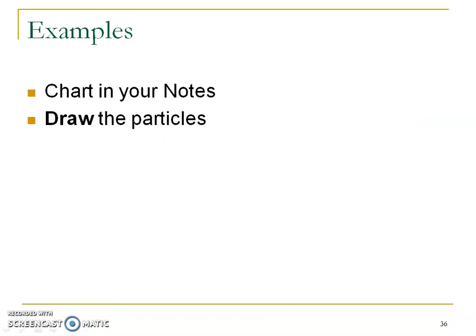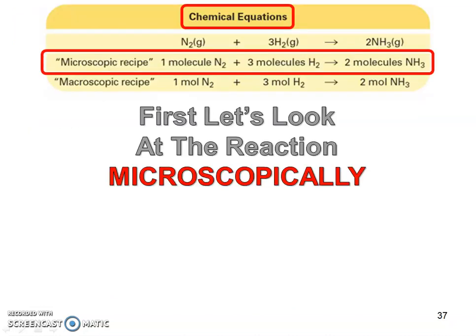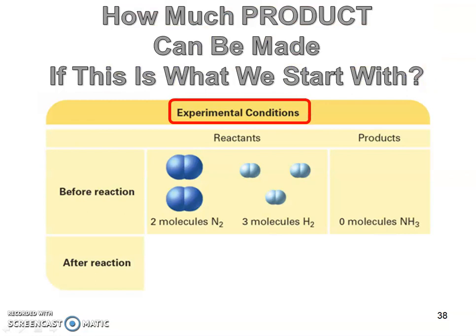So examples in your notes, there's a little chart again. You're going to draw those particles. My strong suggestion is to listen to everything I'm going to say, and at the end, you're going to see my last slide to pause and then draw things in. But first, let's look at this reaction on the microscopic level. We're going to look at nitrogen and hydrogen to form ammonia. So this is the true chemical equation. However, how about if we have different experimental conditions? How much product can we make if this is going to be our starting point,